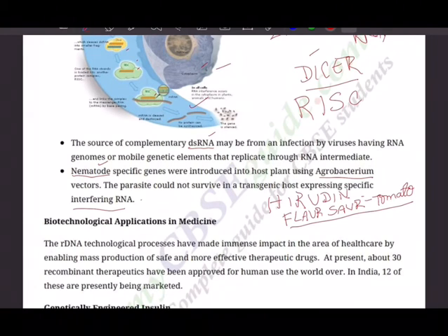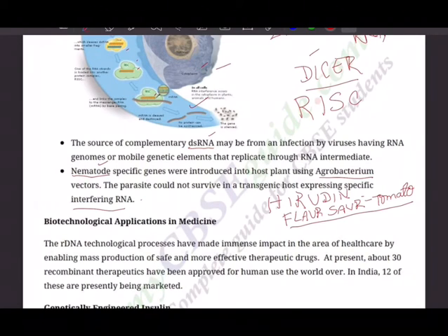Production of the value-added products like nutrition supplements, pharmaceuticals, fuels using transgenic crops is referred to as molecular farming. So we are able to do all this in the plants, in particular transgenic plants. And let's see in our next session what are the biotechnological applications in the field of medicine.